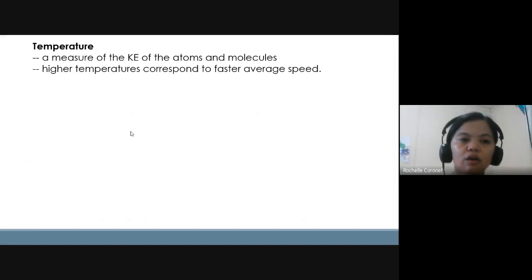First, let's recall some important terminologies. Number one is temperature. Temperature is a measure of the kinetic energy of the atoms and molecules. So it involves the movement of these atoms and molecules. The higher temperature corresponds to a faster average speed. As recalled, kinetic energy describes the energetic movement of these atoms, and it's proportional to the speed of this